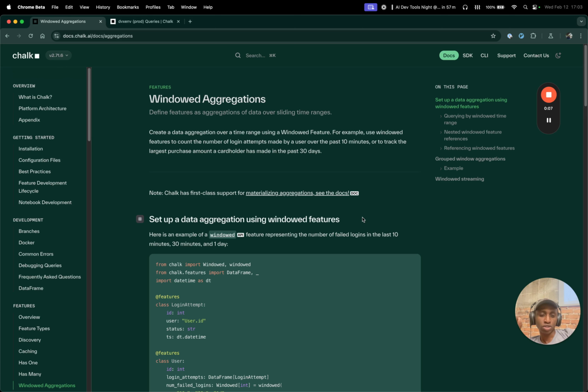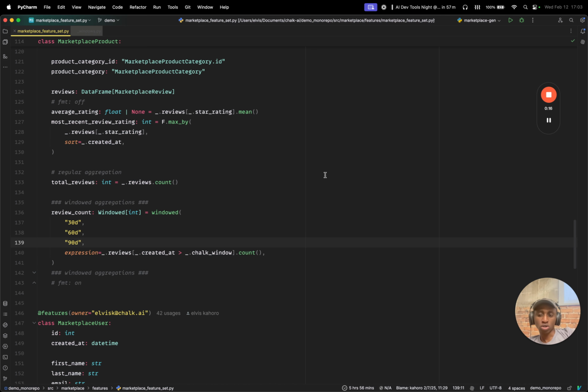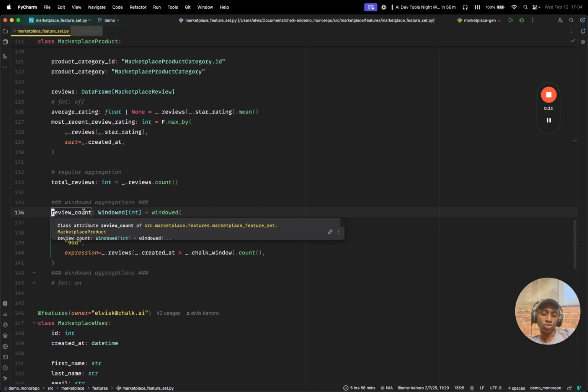We're building a full stack solution for feature engineering. We help data teams do ML in real time. And so one of the features I wanted to showcase are windowed aggregations. They work like regular aggregations in that we take a count or a mean or sum over some series of data. The only difference is that Chalk makes it easy to do this same aggregation over a time interval. And so in this case, I can take a review count over the past 30, 60, 90 days for